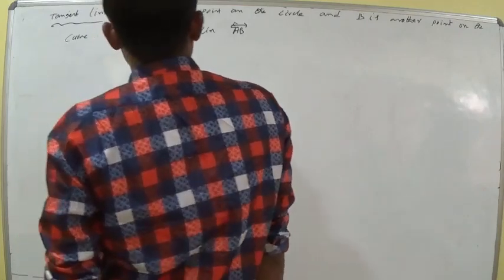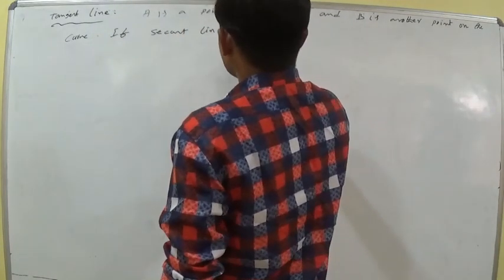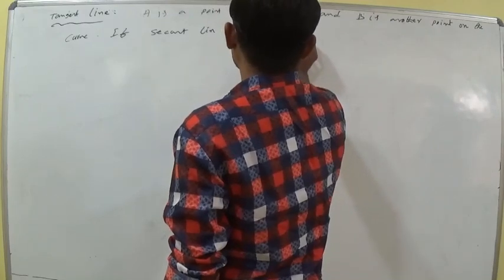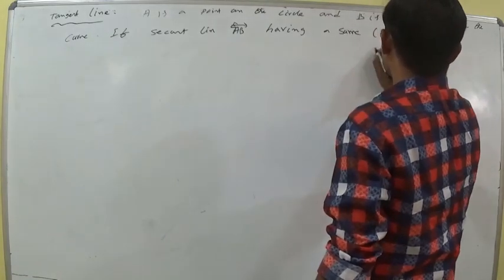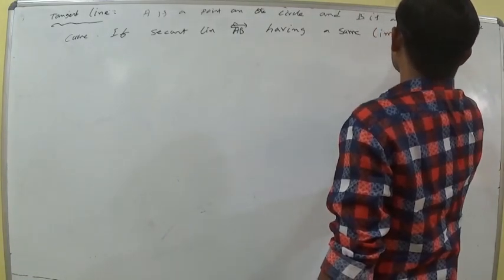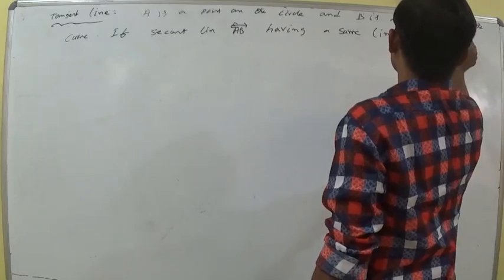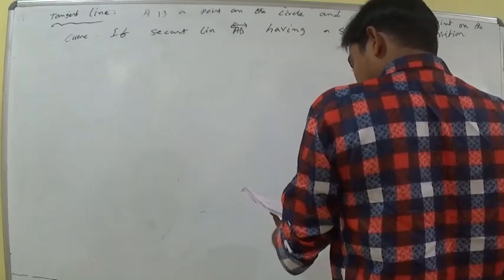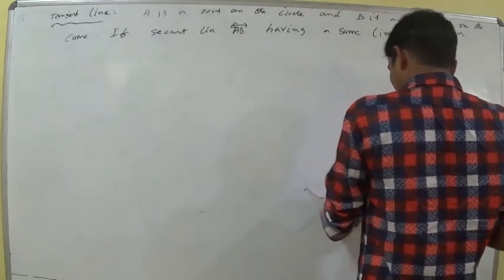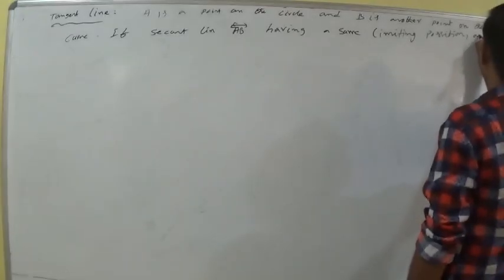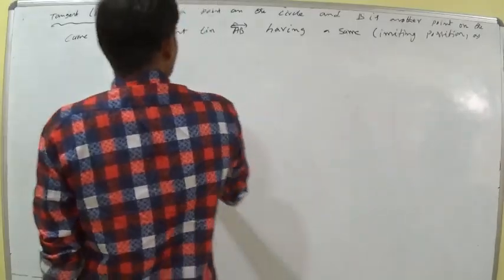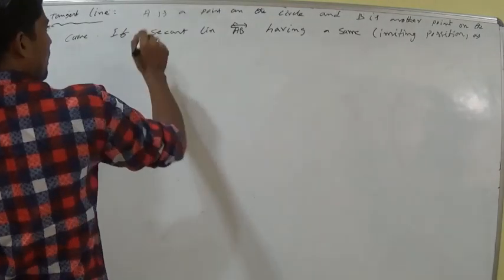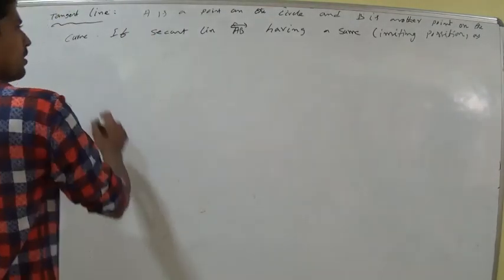The secant line AB having the same limiting position, as Q, I mean to say, as B moves, B approaches A,